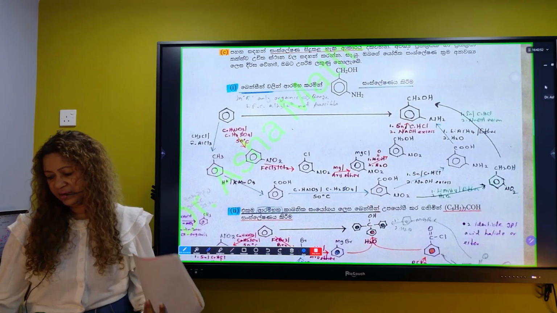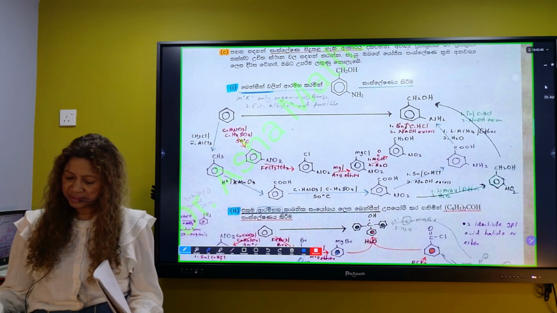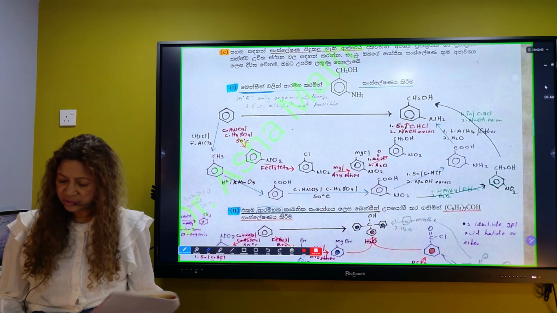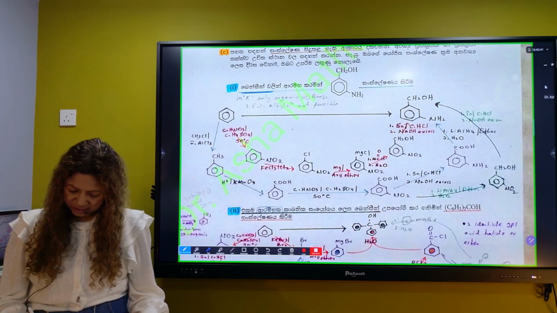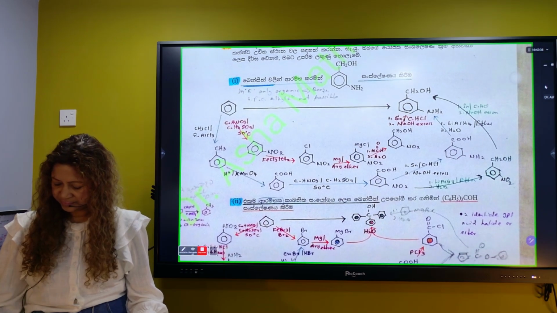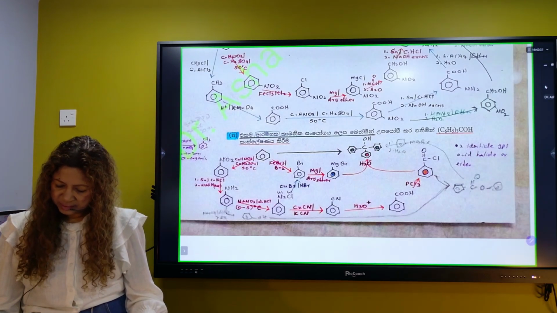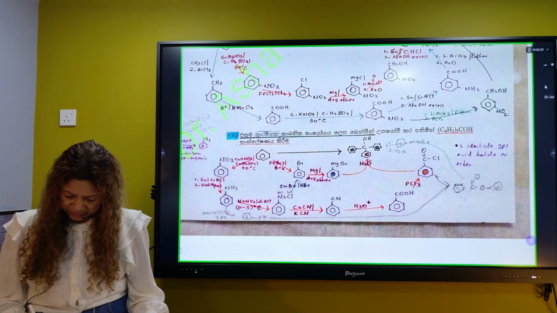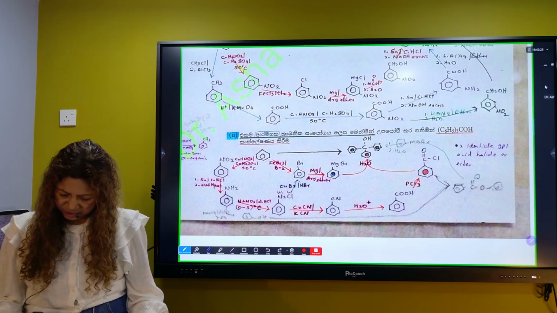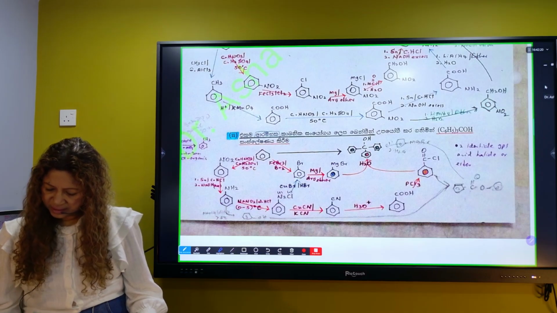Always make sure when you are doing a conversion, are there any interferences if you are using another method? Is my method correct? When you change your steps, if something is changing, then you have to consider that. Only one single rule: you're going to start from benzene to get this one. A couple of methods are there.